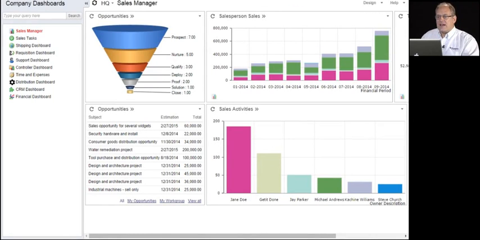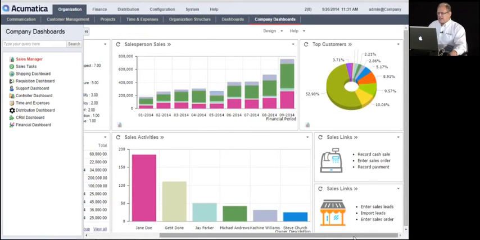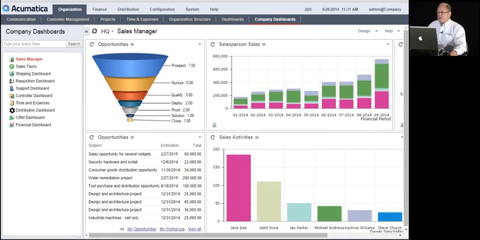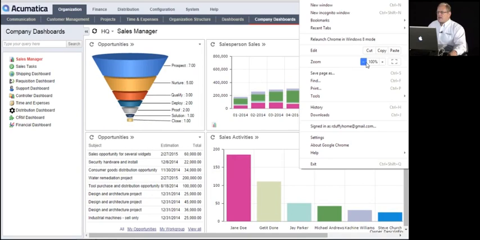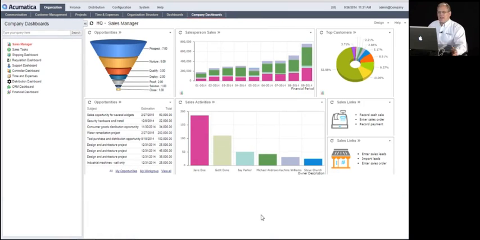Or I can come in here and I can just access the screen again. You'll see when I move up the top, it says exit full screen. Why am I pointing that out? Well, basically, if you know how to use a browser, you know how to use Acumatica. And if you're looking at it and you're saying, well, gee, I can see there's some scroll bars here that I really don't want to have, I'd like to see more of my information. Well, again, inside your web browser, you'll have the ability to zoom in and out. So, depending on how big or how small you like the information to be, you can control all of that